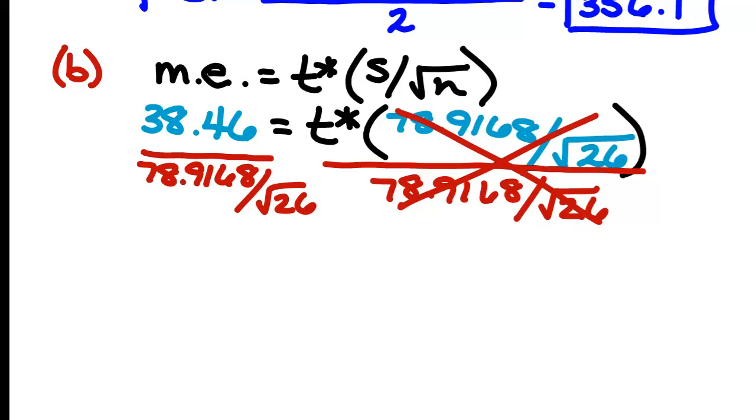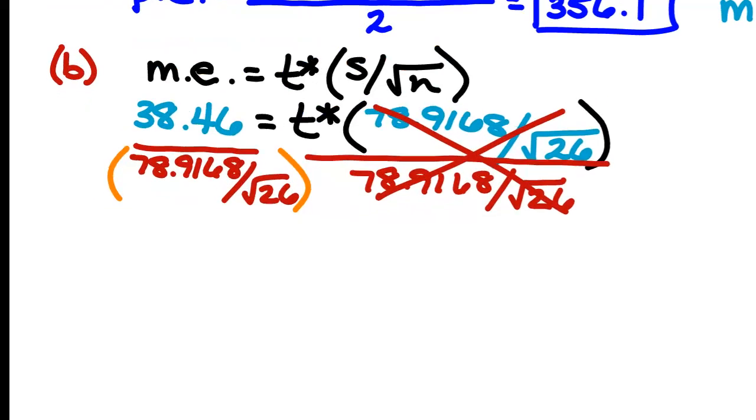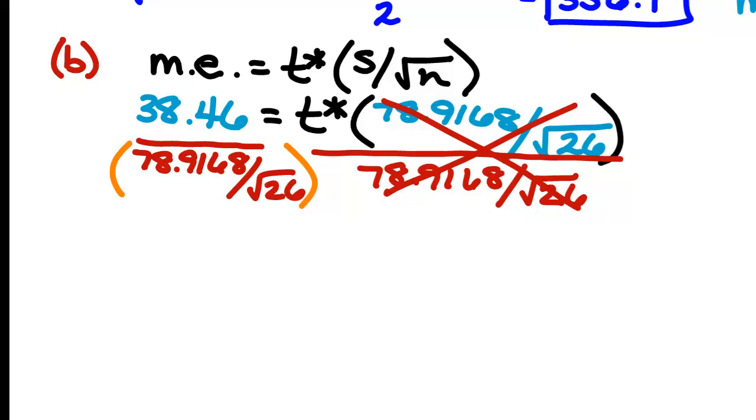And I would be careful putting this in my calculator. I would either make sure to put parentheses around my denominator so that I know my calculator is going to do it right. Or you could always use your rule for dividing fractions. It's the same as multiplying by the reciprocal. So you could do that also. But when you do this division here, you end up with 2.485-ish